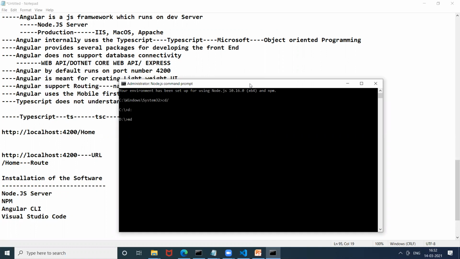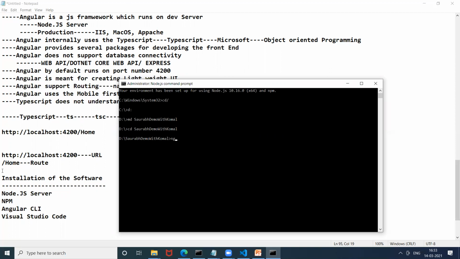I'm just creating the folder, cd Saurabh demo, with Komal, right? Now, ng basically stands for Angular.